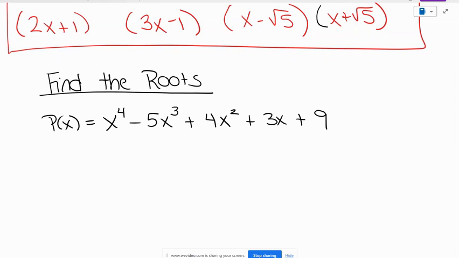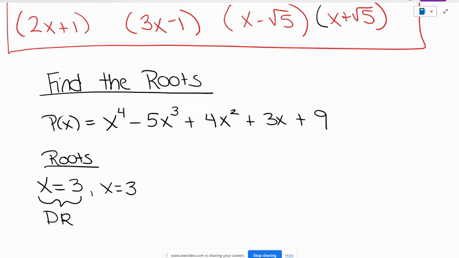All right, guys, what should you have gotten? Are we ready? For your roots, X equals 3, and then you had to write DR for double root, or if you wrote X equals 3 again, I would take it. But you had to show that this counted twice. So either you put DR for double root, or you write it twice. I don't care which one. And then you're going to get your X equals negative 1 plus or minus i root 3 all over 2